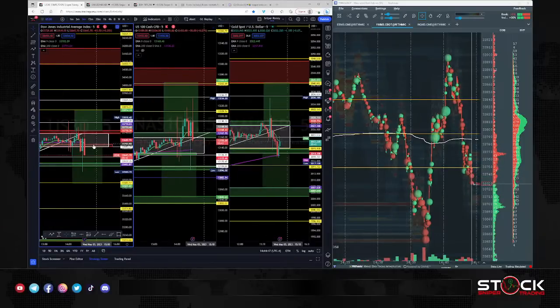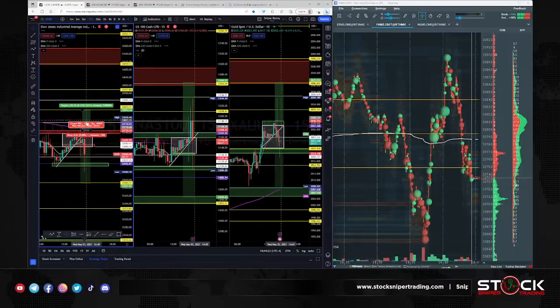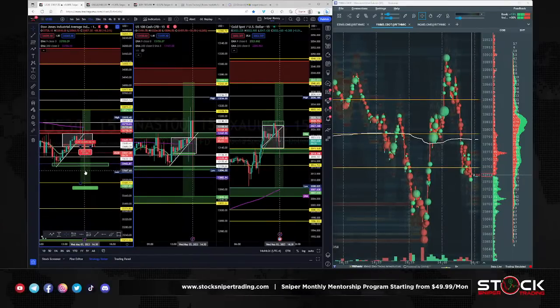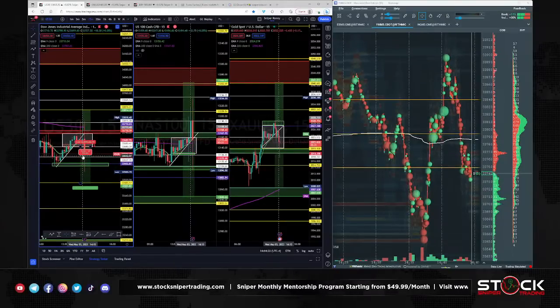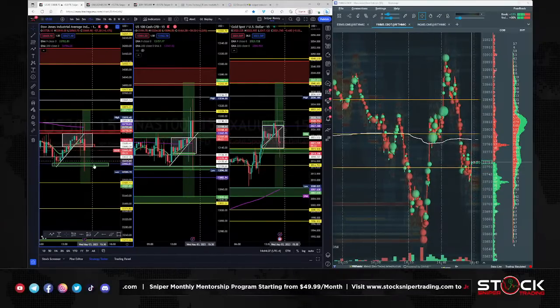Okay, so now big push down. Here's 40 seconds to go. We're going to get a new 15-minute candle. Sometimes you've got to take a look at the 15-minute candles. So 3 big rejections up here on the 15 minutes. If this is closing below here, it broke that daily low, it broke that critical level. If we're closing below here, the next 15-minute candle can come down and the market could sell off here, or